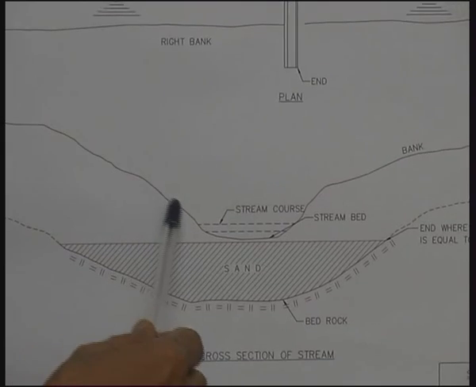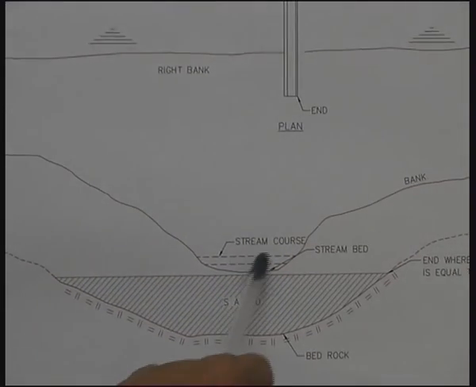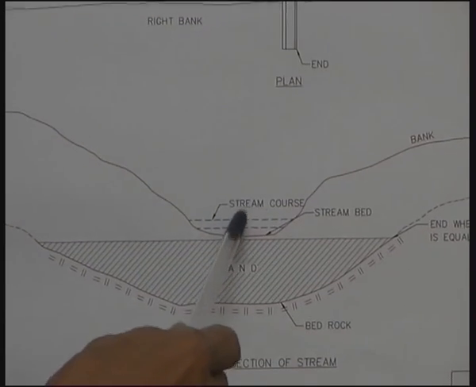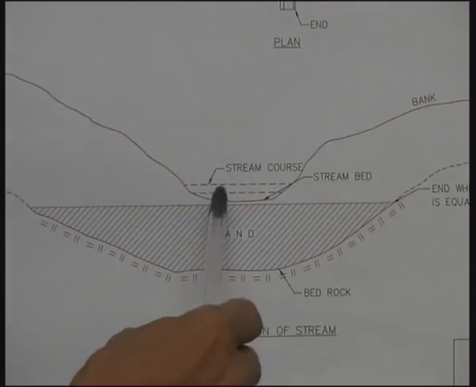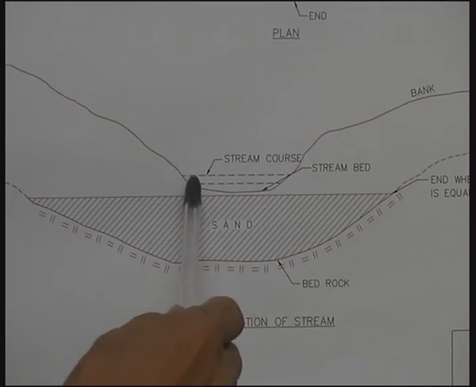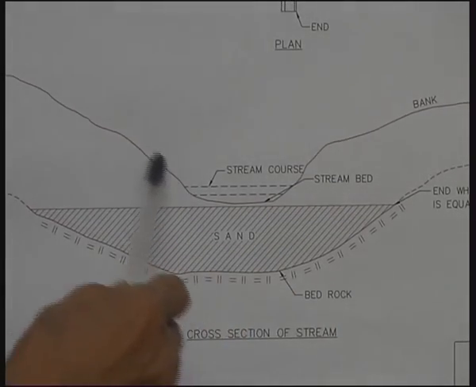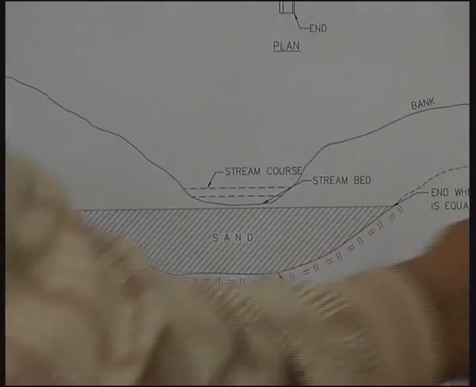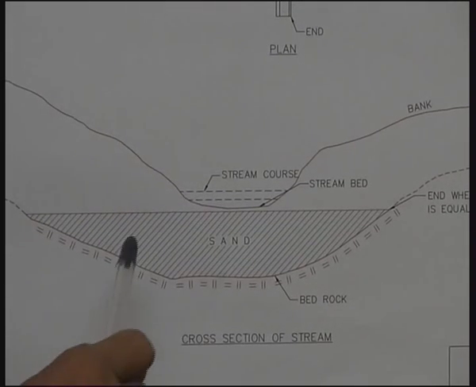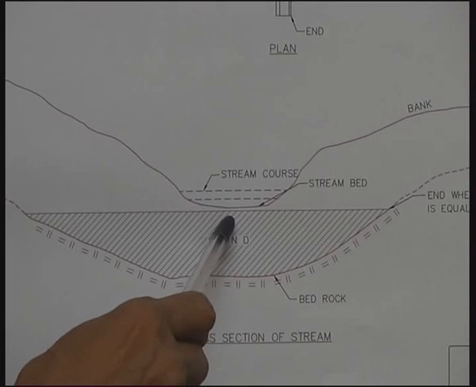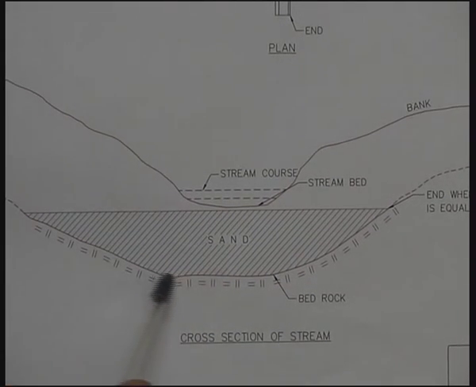This is a sketch showing the cross section of the stream. That means the water will be flowing in the stream, and this is the cross section, and this is the bed of the stream, and this is the width of the stream, right side slope and left side slope, and this is the bank, rising bank on either side. Now, the structure which we are going to construct would be below the bed level, and as shown here, this is the bedrock profile,